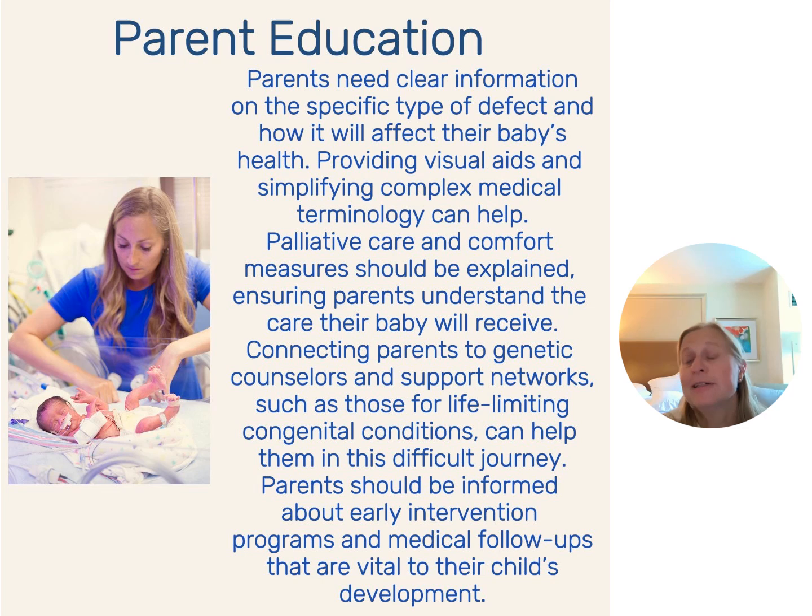Is that saying this trisomy is probably life limiting? Should we do amniocentesis? Should we see what's going on with the baby? Let's talk about palliative care. Can we get them connected to genetic counselors, support networks, people that have gone through the same thing, so they have someone to talk to about their